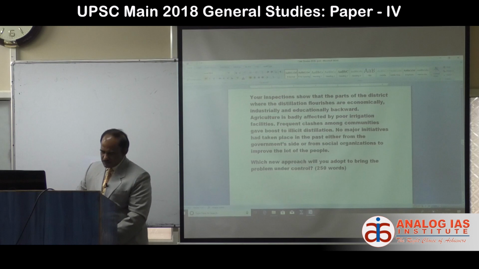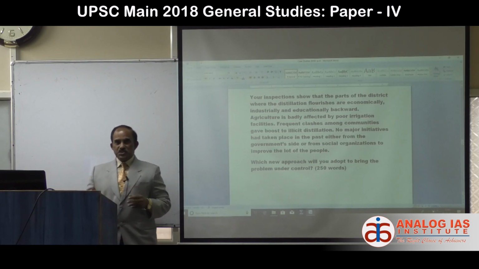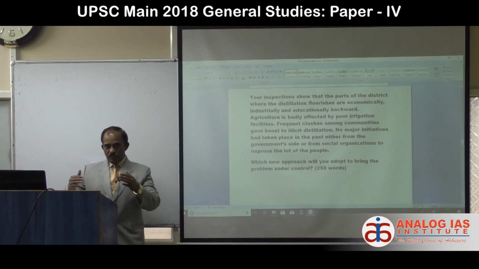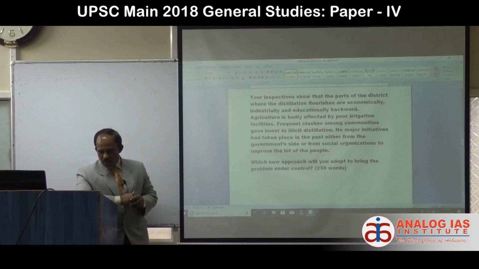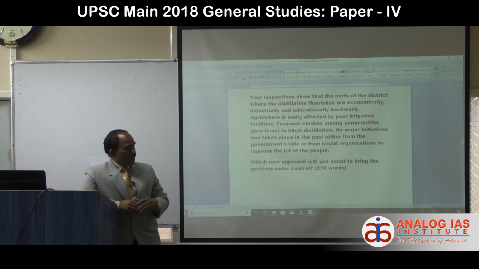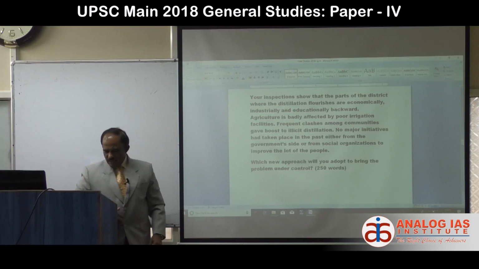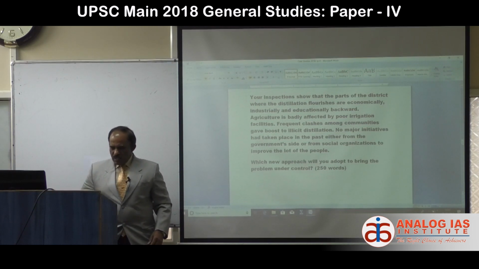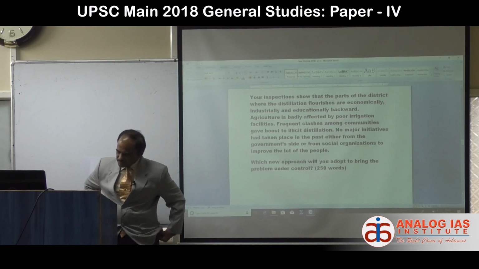The fourth one is you can have a discussion with the district administration, especially the collector and the very important revenue officials, and work with them as to how it should be done. Now, specifically in the areas of agriculture and the economic aspects, how you can take the decision.